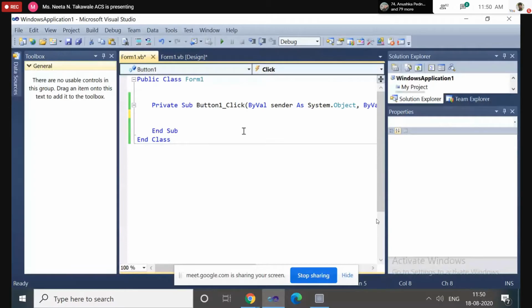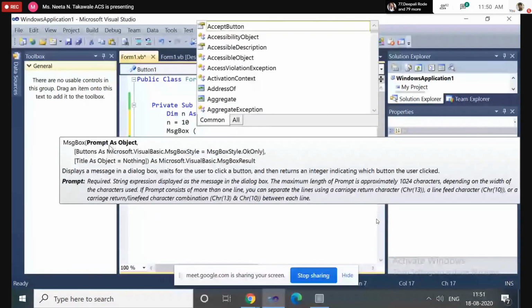The first parameter is compulsory. The remaining parameters or arguments are optional.